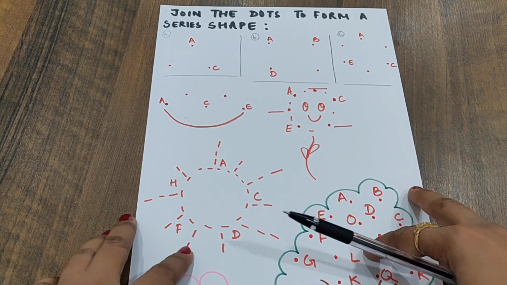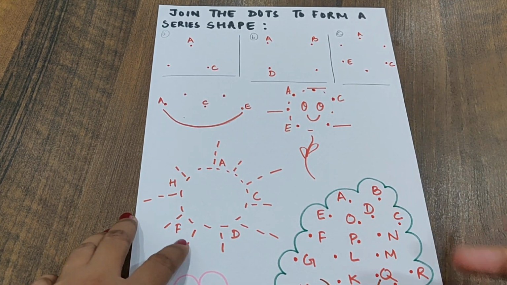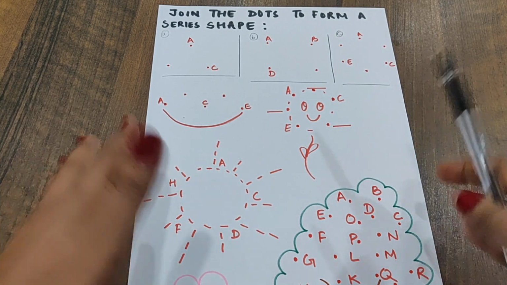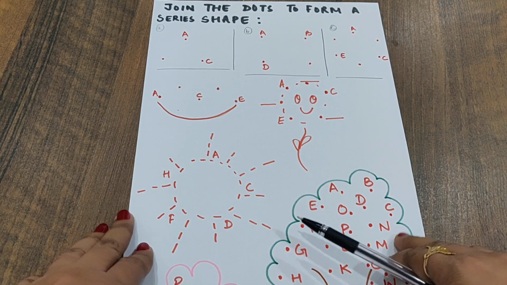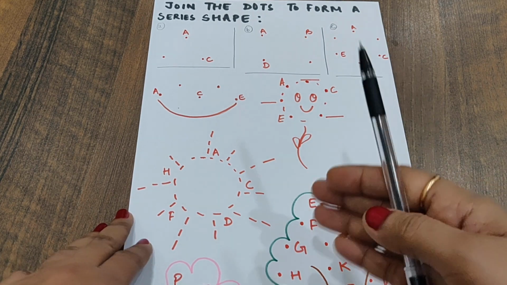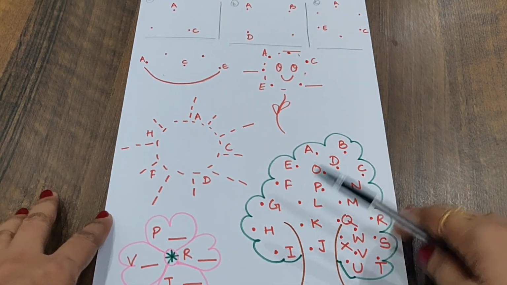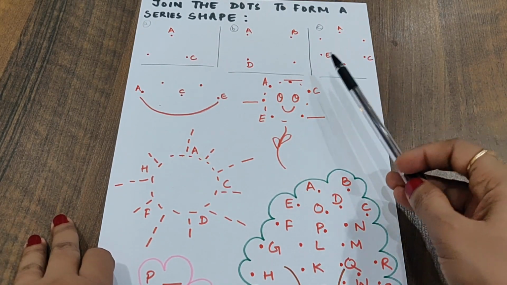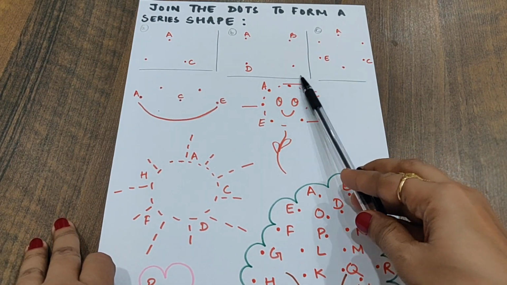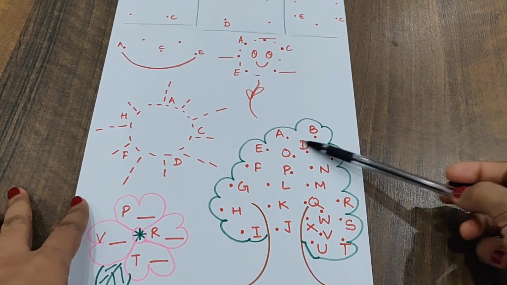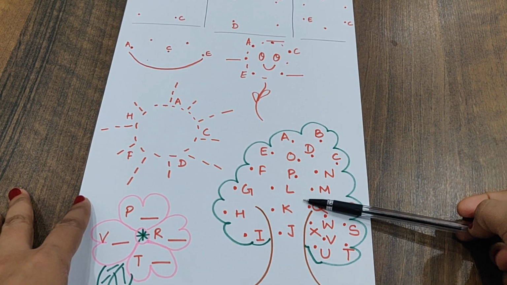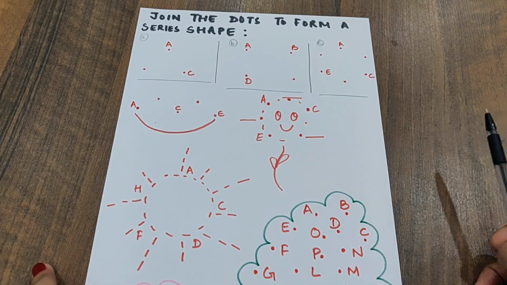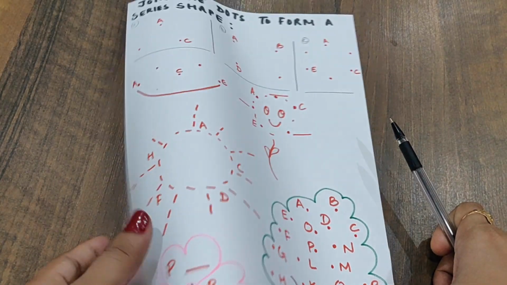So this is basically join the dots to form a series shape. So any shape, any figure, any particular thing which comes to your mind can be given over here using your own creativity. So many different things are there you can think of, but give it in such a way whereby once the child is supposed to fill up the blank and in the other is supposedly only to join the alphabets in order to know the series. I hope this is clear. Moving ahead.